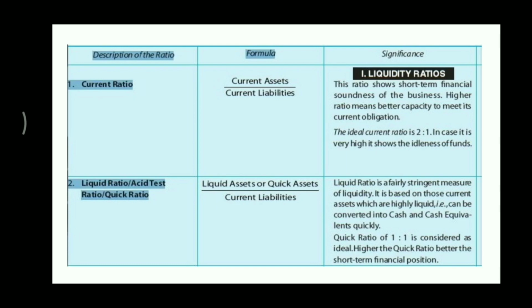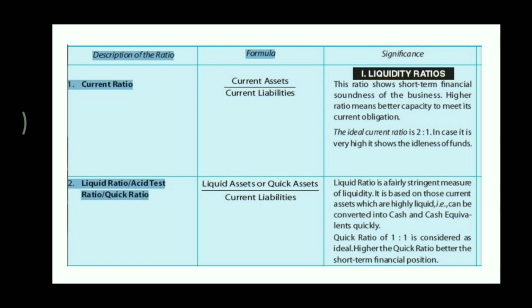It should not be too high, it should not be too less. If current ratio is too high, that means the firm is having too much of current assets, which indirectly means their current assets will remain idle. They are having too much of current cash in hand, cash in bank, bills receivable, and this will remain idle. And in case that the current ratio is less than 2:1, that means the firm will face some difficulty in case they will pay all the current liabilities.